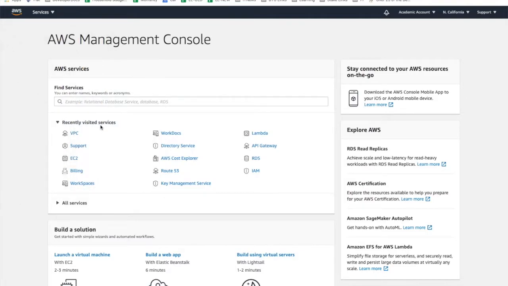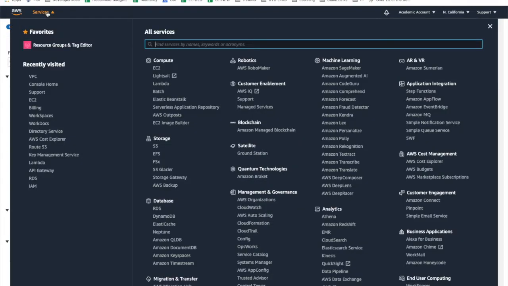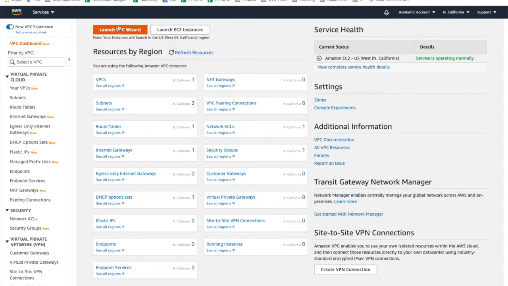Okay, so first thing, log into your console. And by the way, this isn't going to cost you any money. That's one of the great things about all the networking services and firewalls and stuff like that. It doesn't cost any money to do this stuff. So click on VPC, or in your search box, just type in VPC, and it'll bring you to something that